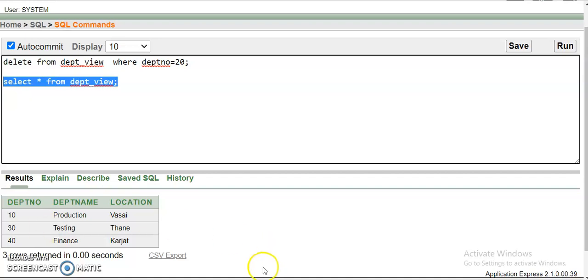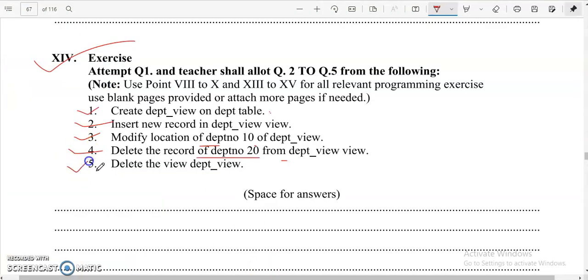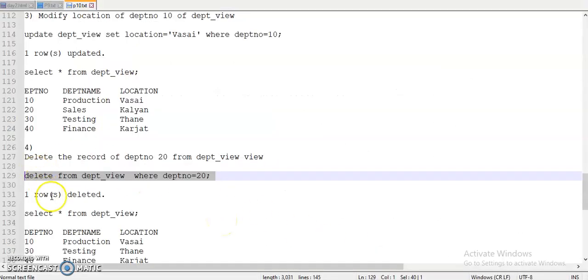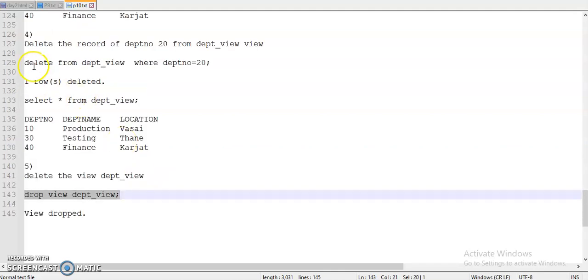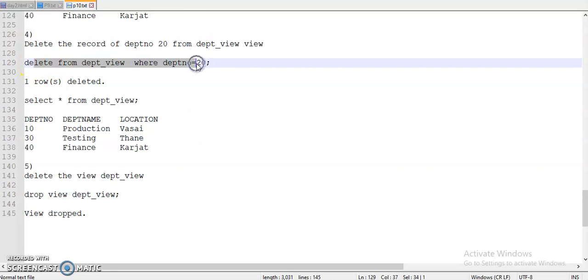Okay, go for next. Last question, delete the view depth view, right? How to delete? By using only drop command, drop. We cannot perform delete command to delete a view directly. So we can use delete command to delete particular row, always remember. But we cannot perform delete command directly on the view.